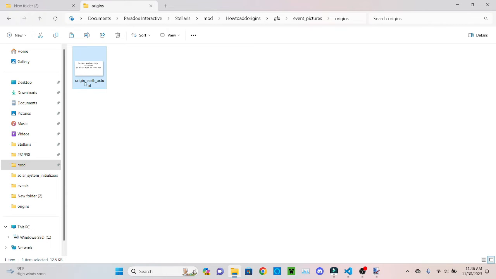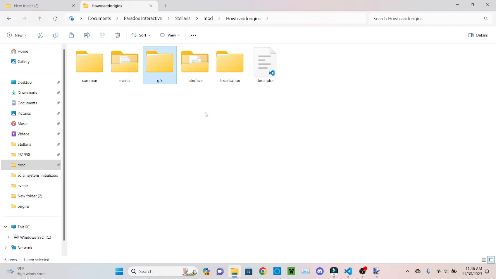But like I said, this isn't just going to work to just drop this in the file. You actually need to define it as a sprite. So how do we do that? If we go up to the how to add origins and create a new file called interface,